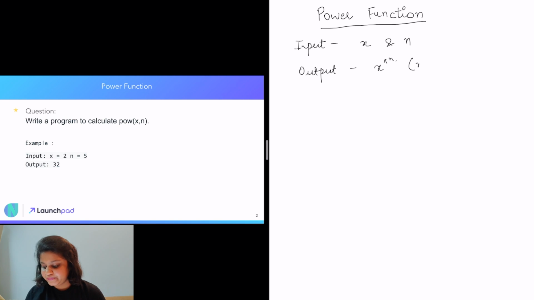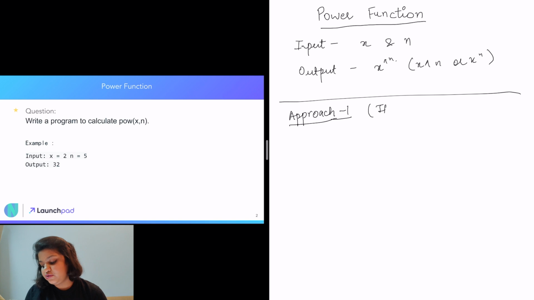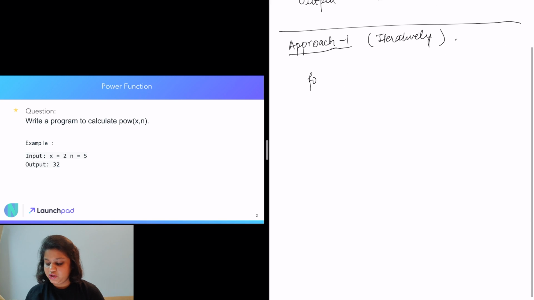The immediate thing that comes to my mind is we can do it iteratively. There is one approach to do it iteratively and one to do it recursively, both linear.